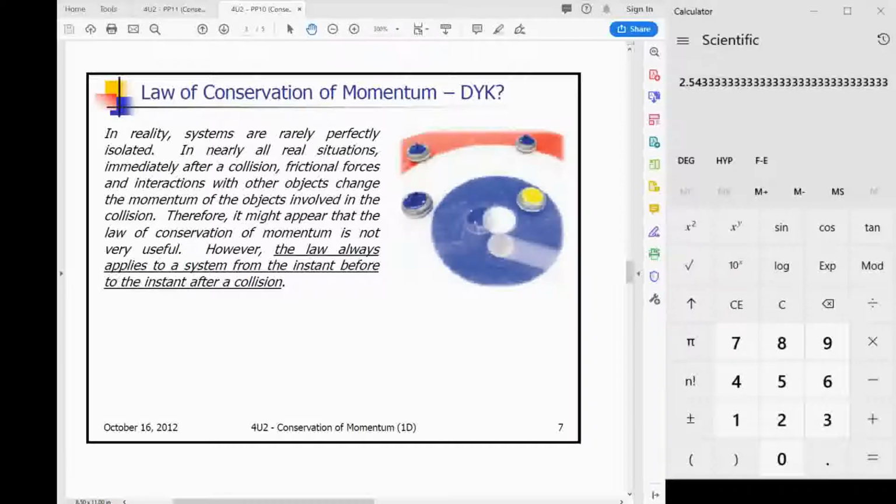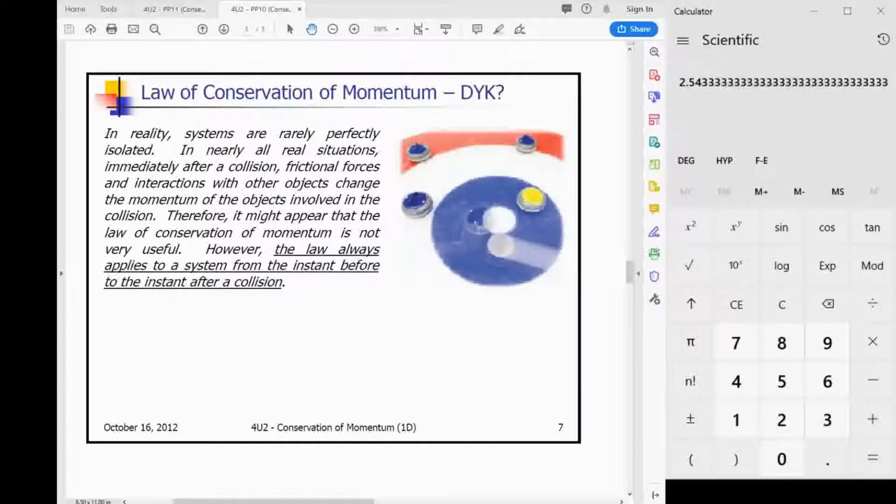In reality, it depends on when we actually make that calculation, because while there's conservation of momentum, there's a lot of other forces to consider, and frictional forces are one of the main ones. So this may make it look that the law of conservation of momentum is not very useful, since as soon as friction gets introduced, it's difficult to find out what our final velocity will actually be after the